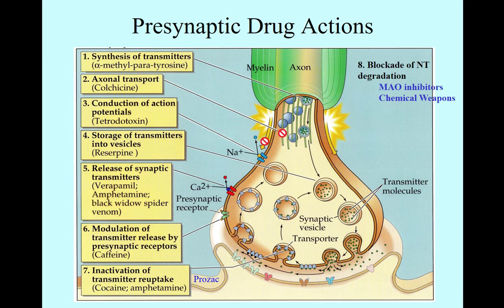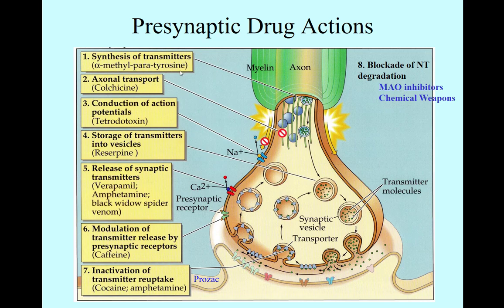So, anyway, the first one, synthesis of neurotransmitters. There are drugs that can block the synthesis or the formation of neurotransmitters. And if you do that, that's going to have a significant effect. This drug right here, alpha methylparatyrosine, affects the synthesis of serotonin. Now, some of these drugs we see up here were created by scientists in order to mess with the system to try to figure out how the system works. So these aren't drugs that you would normally give to a patient, okay? But this drug right here affects the synthesis, and so if you can't form serotonin, there's going to be some issues